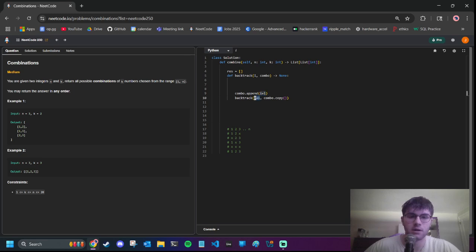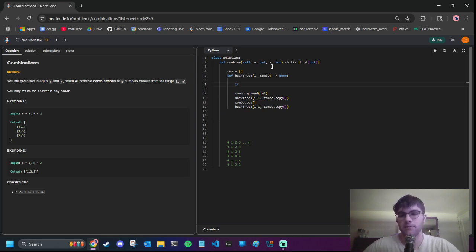Then we'll pass, then we'll remove it. Yeah, so we'll call this function with it and without it, and then at every time we'll have the base